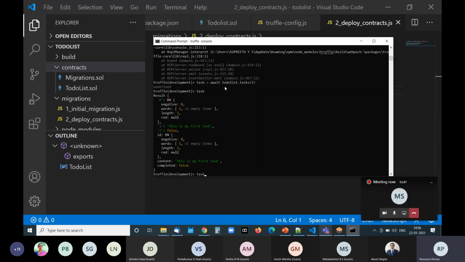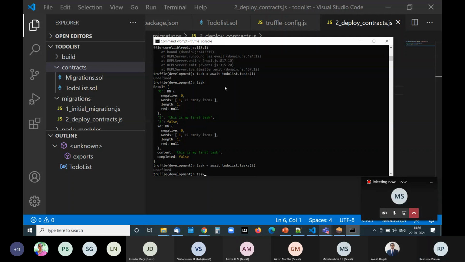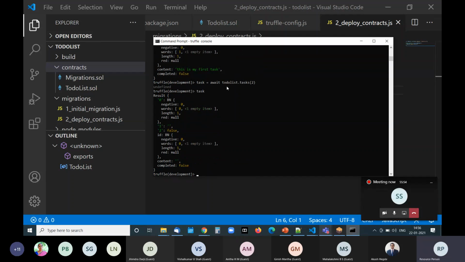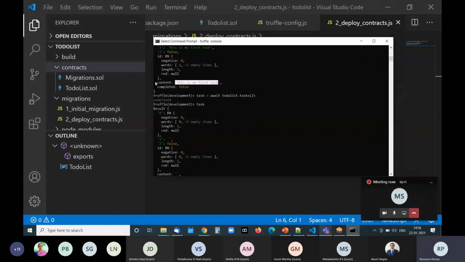So if you type in tasks of 2, there won't be anything. See, it says false. When I click tasks of 2, it says false. There are no tasks present. By default, we have created our first task, and we have named it, this is my first task. That is the reason when we click on tasks of 1, this one task will be displayed. Only one node will be present in our entire blockchain. Later on, as and when we create new tasks, new blocks